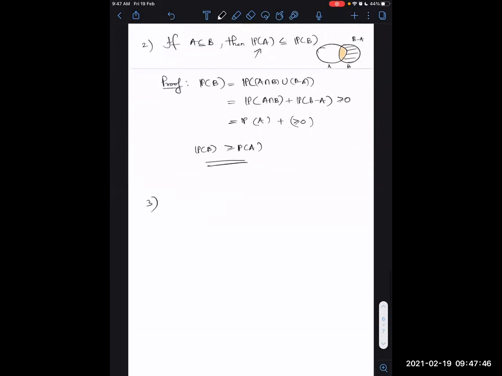Is this proof clear to everyone? Cool. Okay. Let's see something slightly more involved. When you have two events, A and B, which are not disjoint, we need to prove the following. Many of you would have already used this just like that. But how do you prove it?